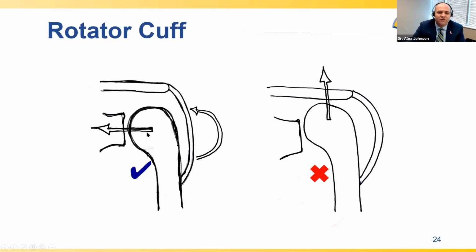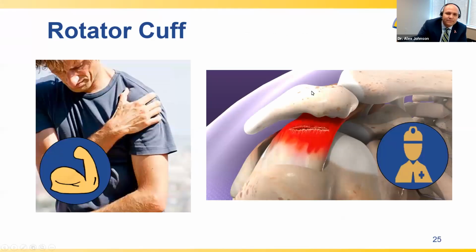So the point of the rotator cuff is to hold the ball in place so that the big muscle on the outside can rotate the arm. Well, what happens if your rotator cuff is not working correctly is that when this big muscle tries to move, it doesn't rotate, but it slides around, and it slides the bone up, and it pinches up against this other bone, and it causes problems and disability.